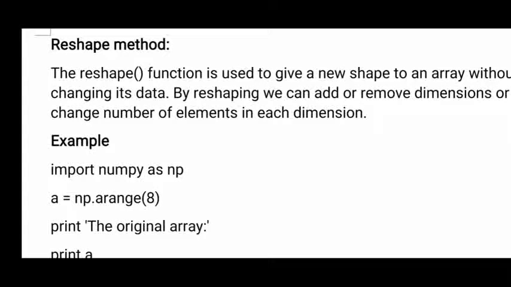In today's class I will explain different methods which you can operate on arrays, and these methods you are getting from NumPy. According to your syllabus, the first methods are the reshape method, flatten method, eye method, ones method and zeros method. Actually, this theory part I have already explained, but these are multi-dimension arrays. How to operate on them with an example program, once again I am explaining this.